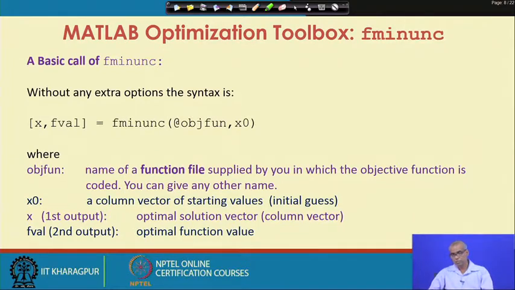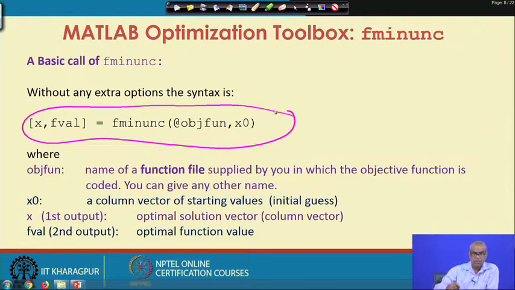So, let us first talk about fminunc. A basic call is x, fval equal to fminunc at objfun, x0. Here objfun is the name of a function file supplied by you in which the objective function is coded in MATLAB language.